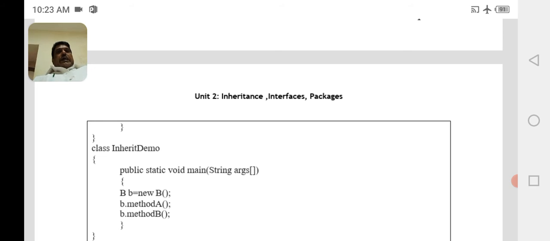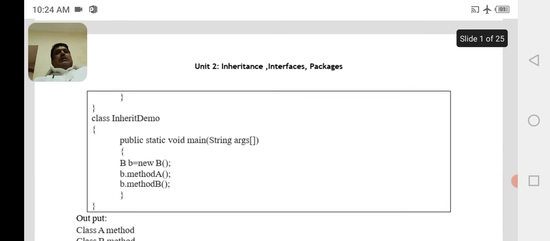To create an object reference variable of the subclass, of course, for any class we need to consider another class. Let this class be ClassInheritDemo. It contains public static void main(String args[]), and the subclass object reference variable can be created as B b = new B(). Here the object reference variable of the subclass is small b.